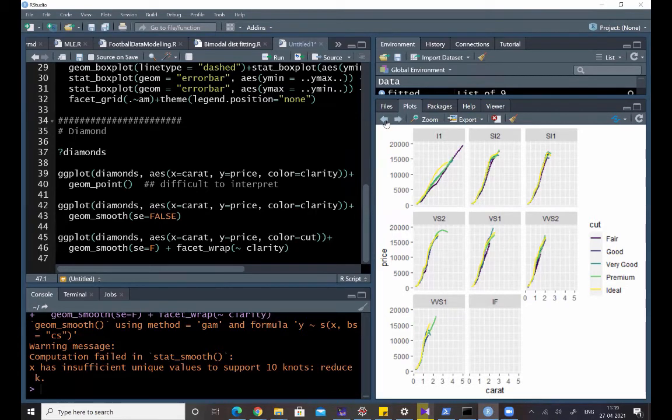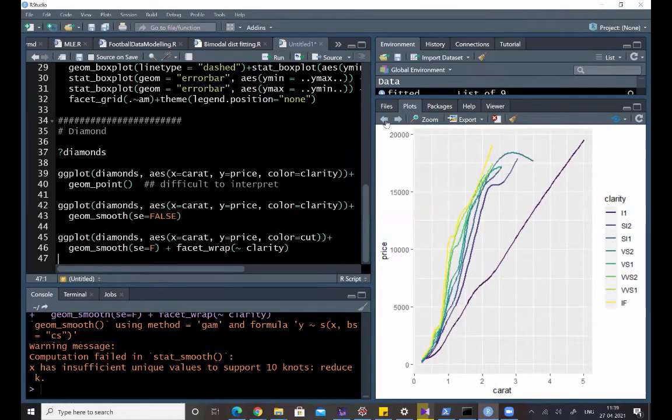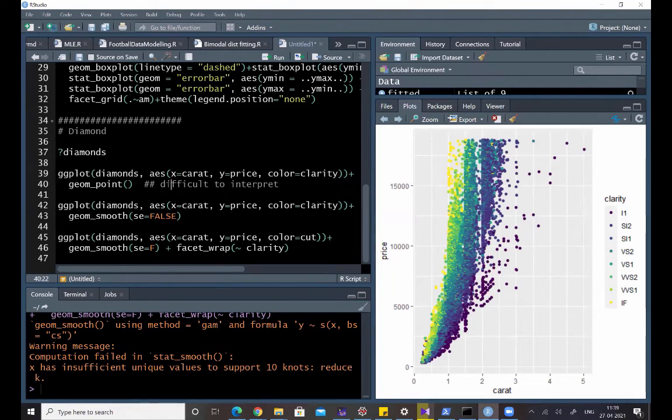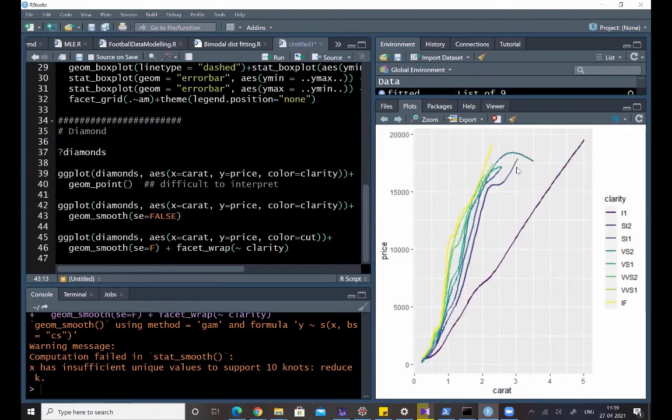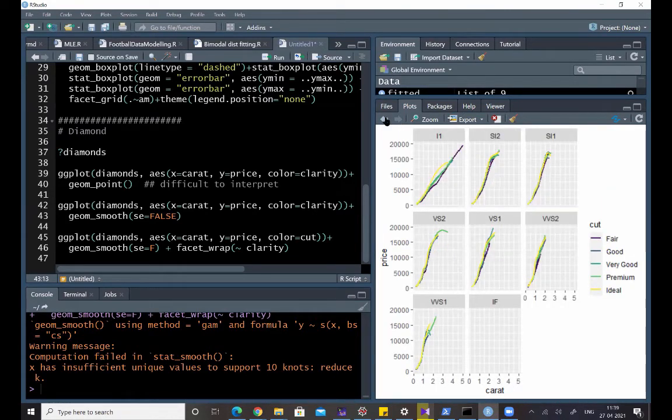Acha, you did facet also. Okay. Sir, this was the initial graph, and it was very difficult to interpret things. So I removed the scatter and replaced it with smooth lines. And se equals false basically removes the standard error band.